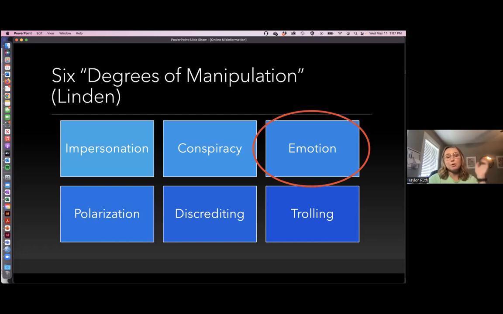But then one of the biggest ones on here is this idea of emotion, in my opinion. And we brought this up quite a bit during our discussion just then, where this misinformation does draw upon people's emotion. Oftentimes those emotions are feeling scared or frightened, like somebody mentioned in the chat. So that misinformation can sometimes fuel that fear even more to make them hyper aware of different things, or it can help make them feel better or safer as well. Neither of those are really great in the long run, but that emotion is very important.